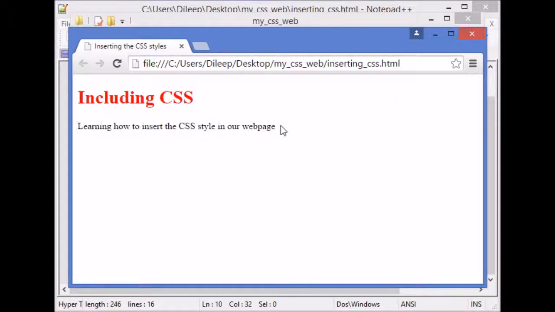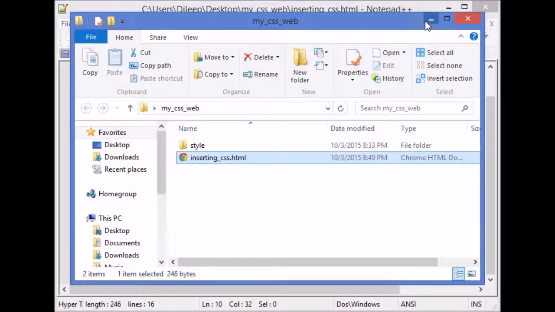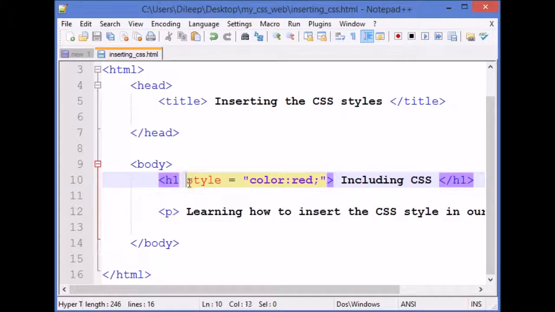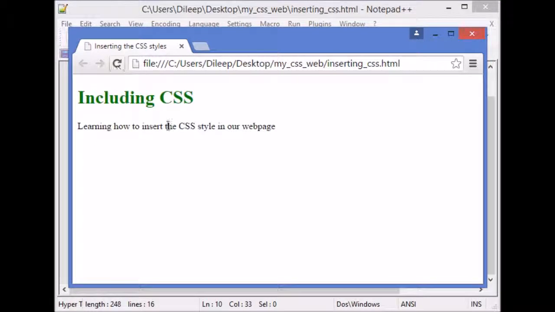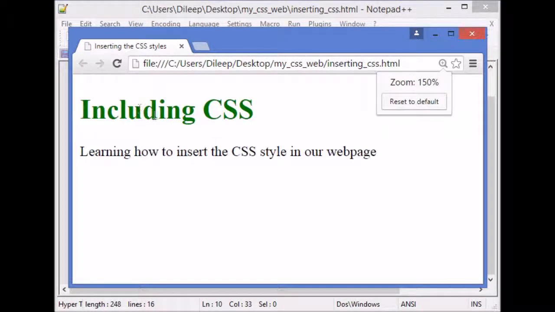Now you can see the h1 heading became red by applying the inline method of CSS to our web page. Suppose in place of red I want it to be green. If I save it and refresh, you can see it became green, right? Okay,